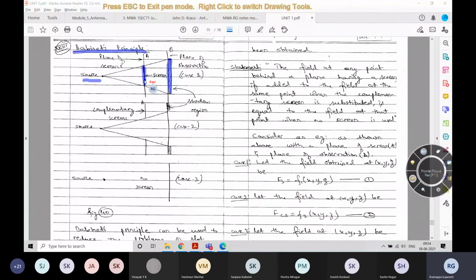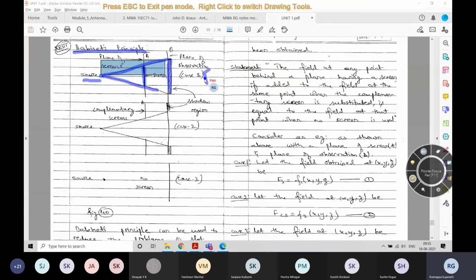When we observe the field lines, we observe them in this form. If this field that we obtain is represented as fs1,